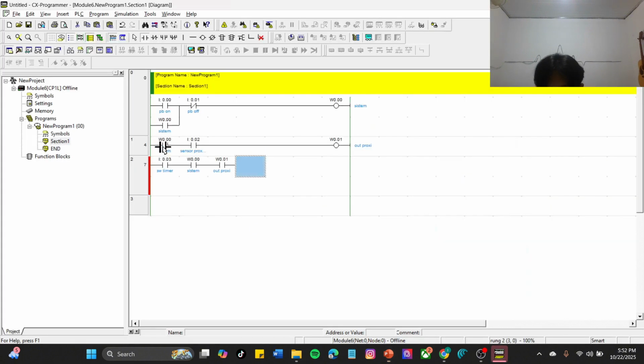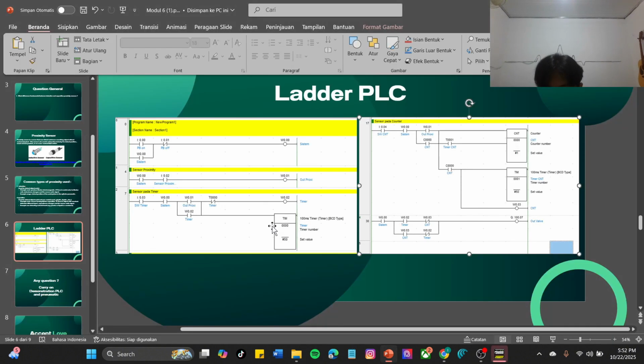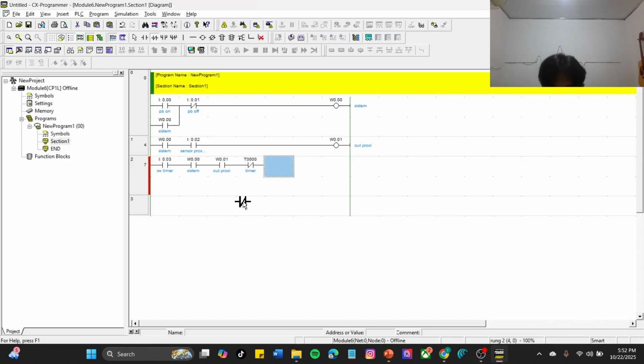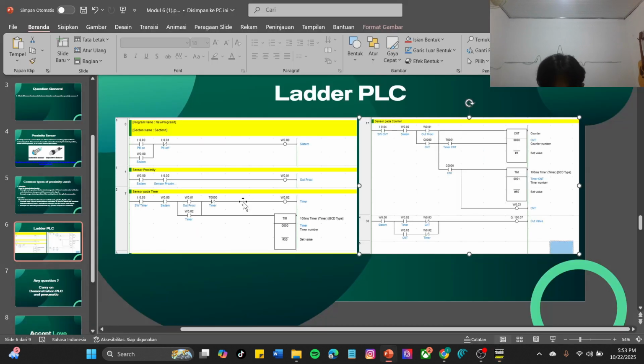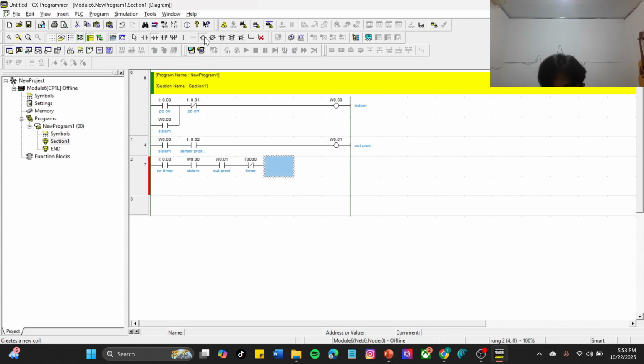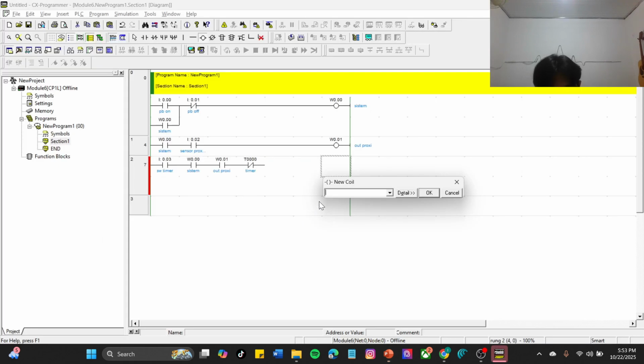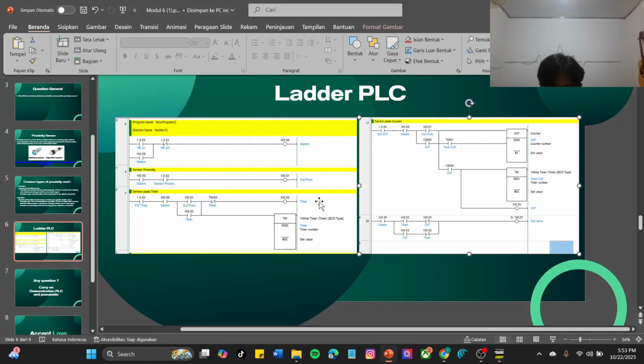And this timer T000, enter. Timer W002, timer.